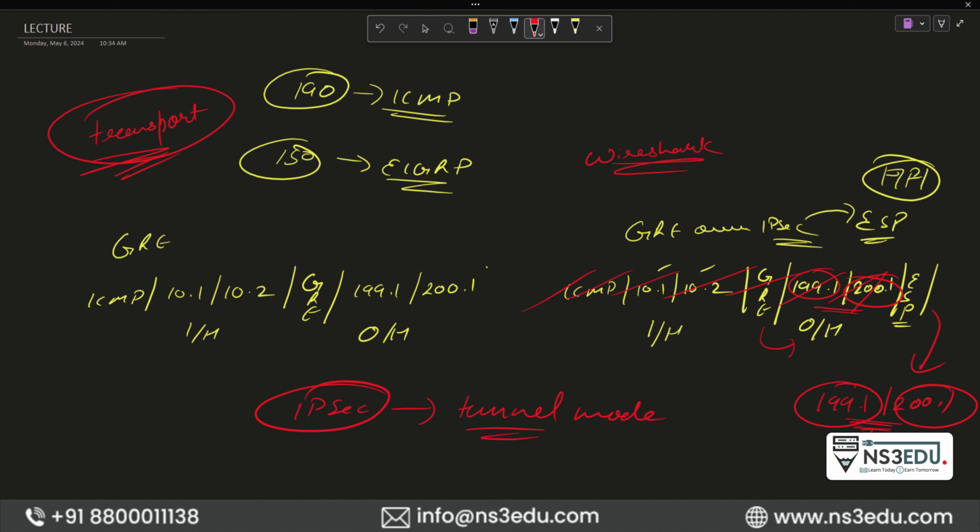So in the GRE header, what was coming? 199.1.1.1, then 200.1.1.1 in the outer header. When we started encapsulating with the help of ESP in IPsec, that ESP attaches one more outer header, right? It is using the same outer headers. So in the packets we have the duplicacy of outer headers. So what will this transport mode do now? It will check for the duplicacy of outer headers. If there is duplicacy of outer headers,